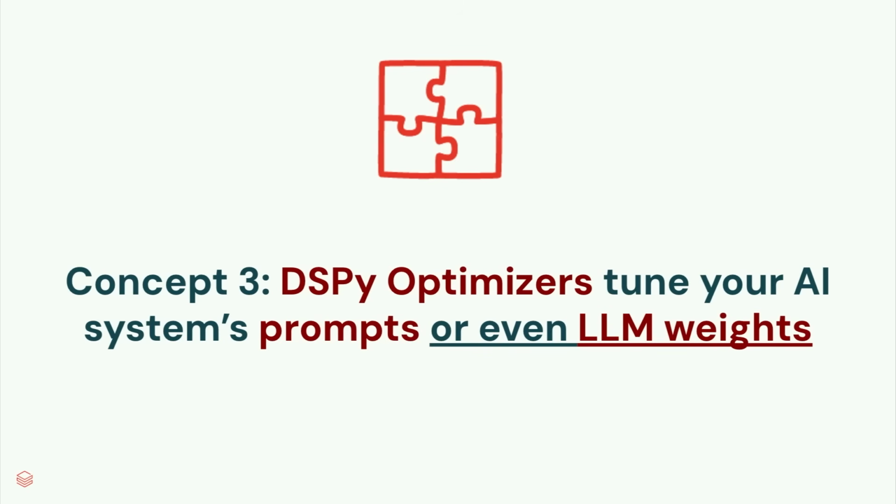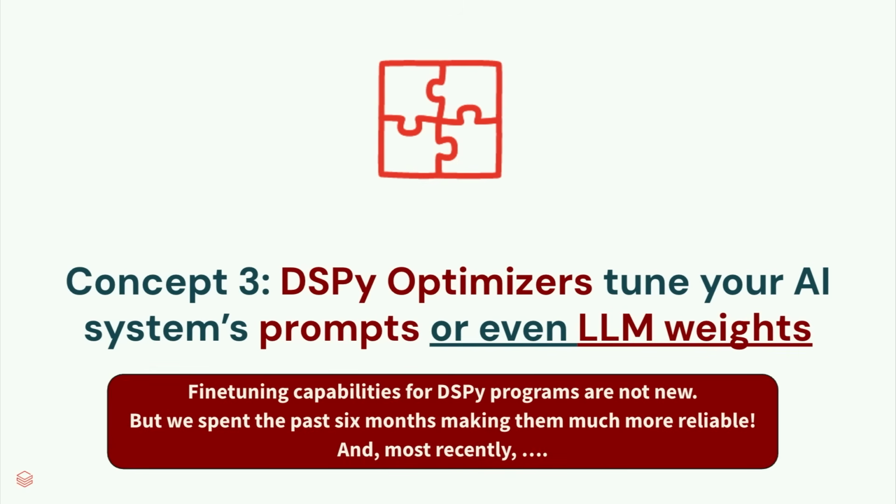So kind of close to wrapping up, I told you optimizers can optimize your prompts, but one of the things we're most excited about in 3.0 is that we're doubling down on being able to optimize your weights. We've always been able to do it, but it's always been kind of a more peripheral thing. We've been investing a lot to make it incredibly reliable. If you have a local language model, or if you're working with a remote LLM that has fine-tuning APIs, like OpenAI, for example, or Databricks model training, how do we actually get fine-tuning to be applicable in your